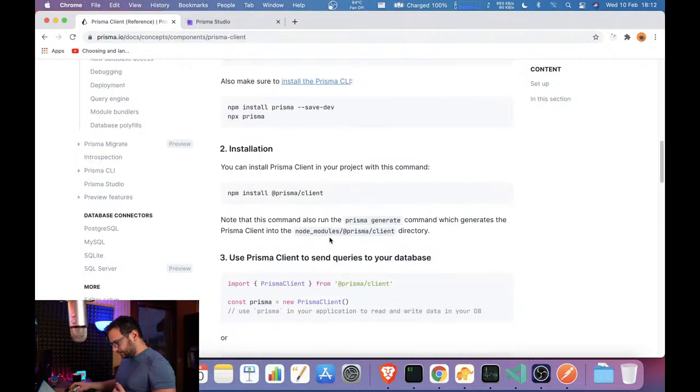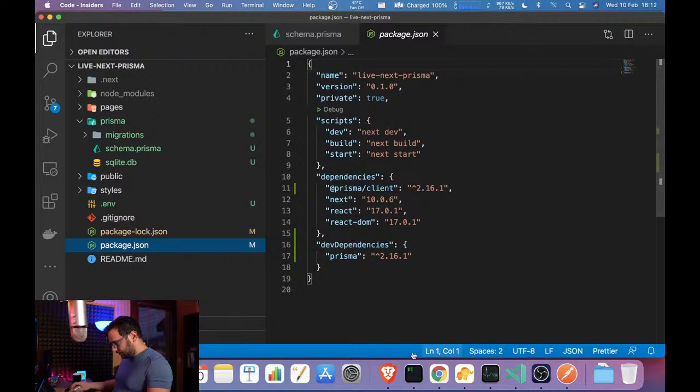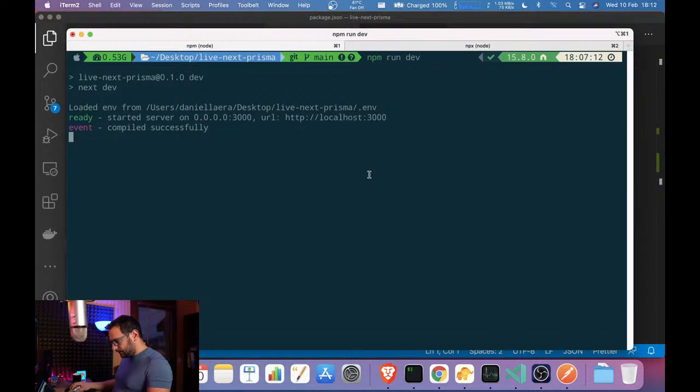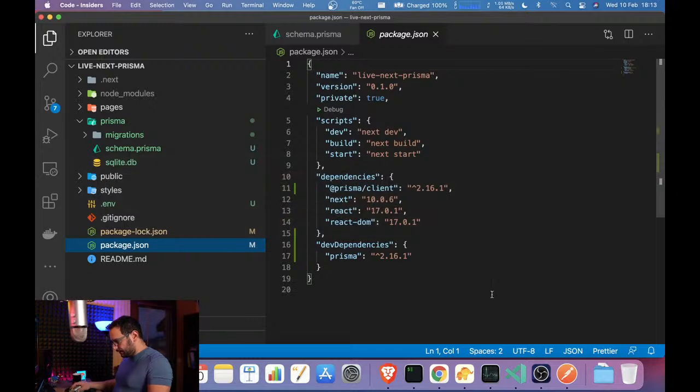Once you install Prisma client, actually you don't need to grab the command npm install @prisma/client because we already installed it with the old command, I think it was migrate dev preview feature. If you don't have this, you can install manually.